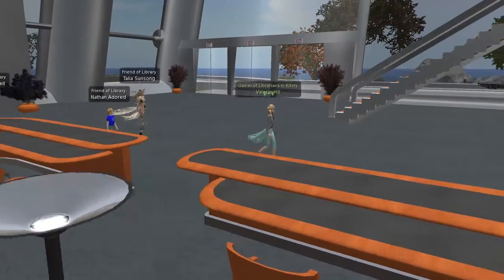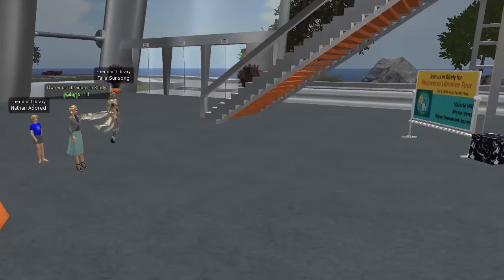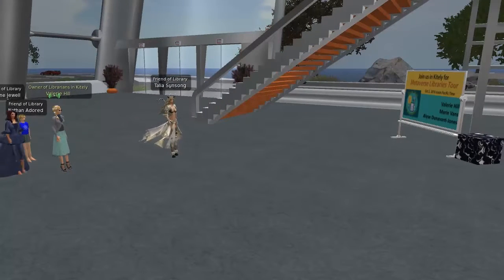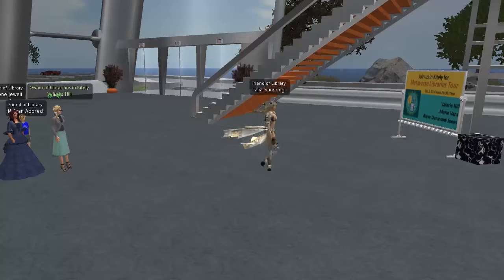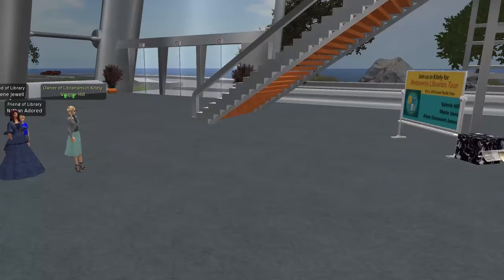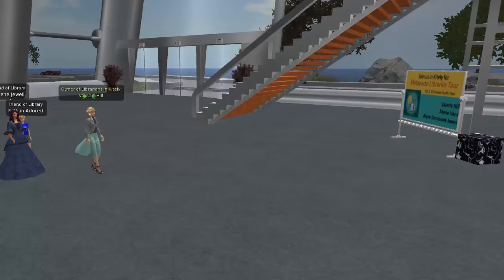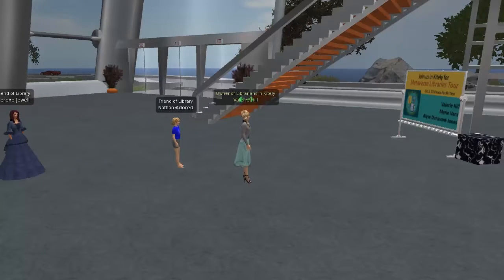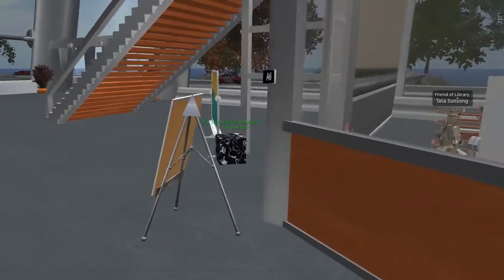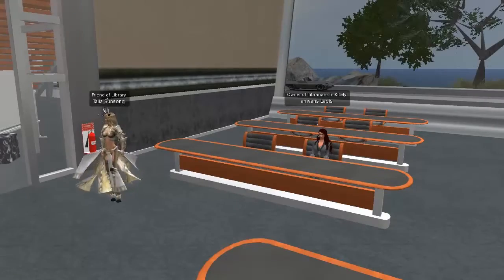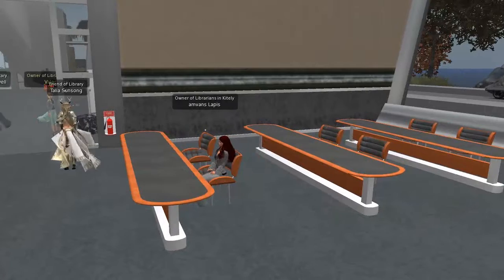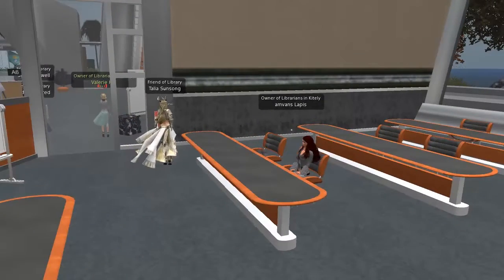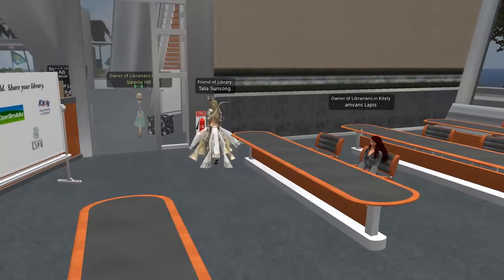Imagine in this huge conference hall the wonderful things that librarians could do here. We could have a virtual world conference with breakout sessions. There are tons of rooms in here where you could present information to people and have live conferences, classes, things like that. If you haven't got our landmarks already, in this black marble box next to me, if you'll click on it, you can get landmarks to the spaces where we're going to take our tour today.